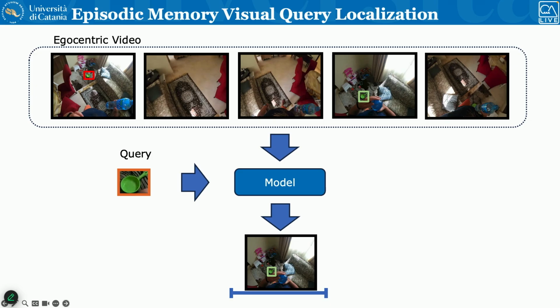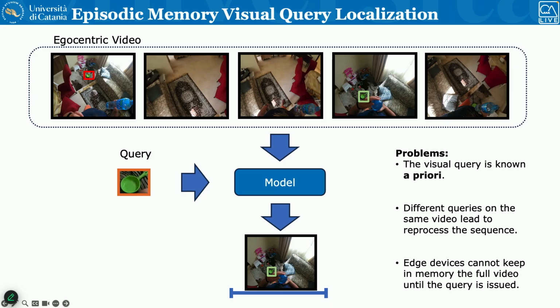But this definition has some cons. The first one is that the visual query is known a priori. The second one is that different queries lead to reprocessing the whole video, and wearable devices cannot store in memory a day of recording. From these problems, we redefine the task in an online manner, so same settings, you are recording with your glasses,